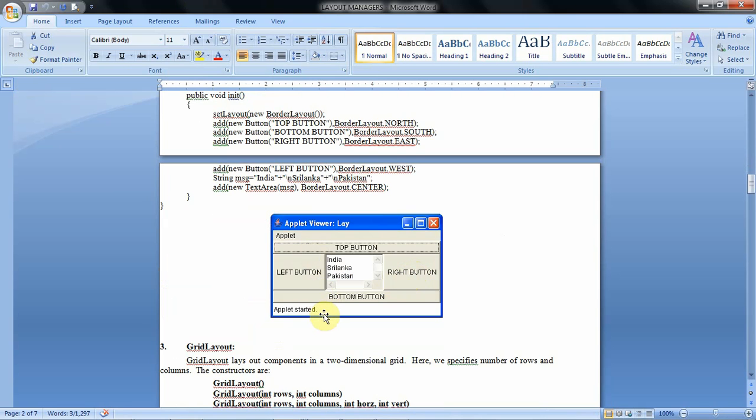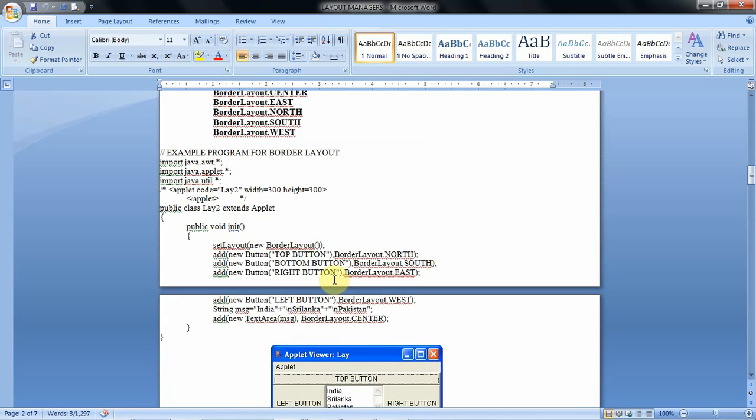Those 5 regions are top, bottom, left, right, and center. So the window is divided into 5 regions: top region, bottom region, left region, right region, and center region. In those regions the components are placed.